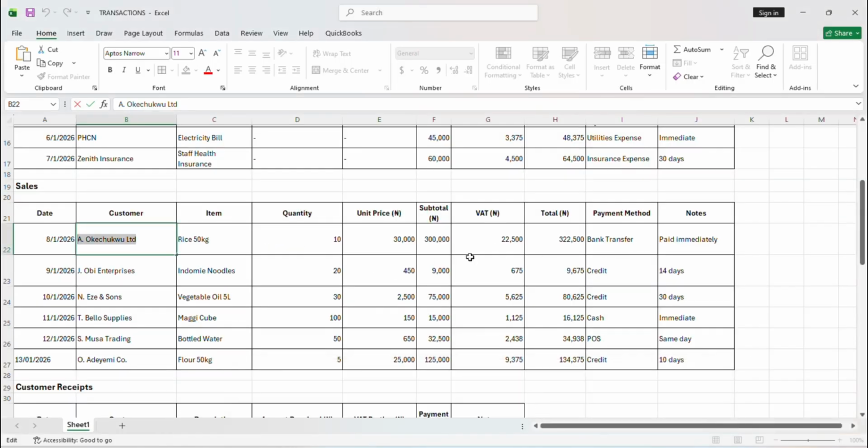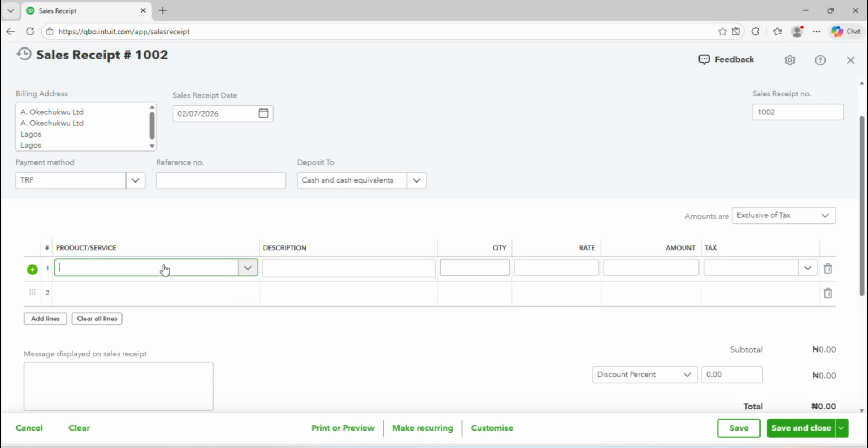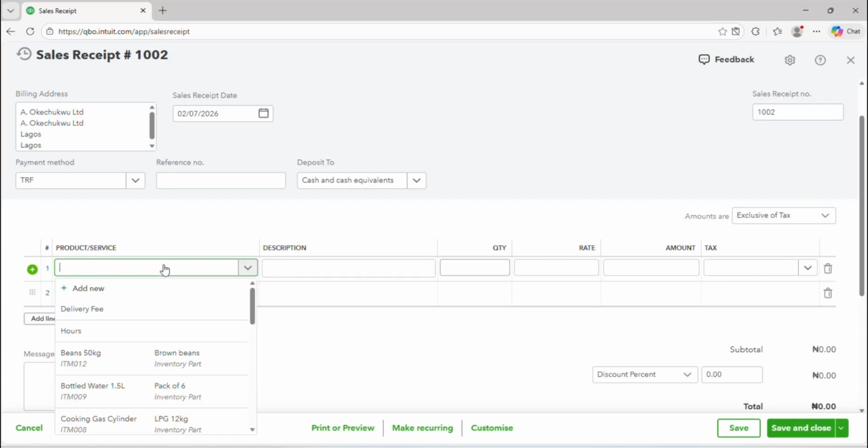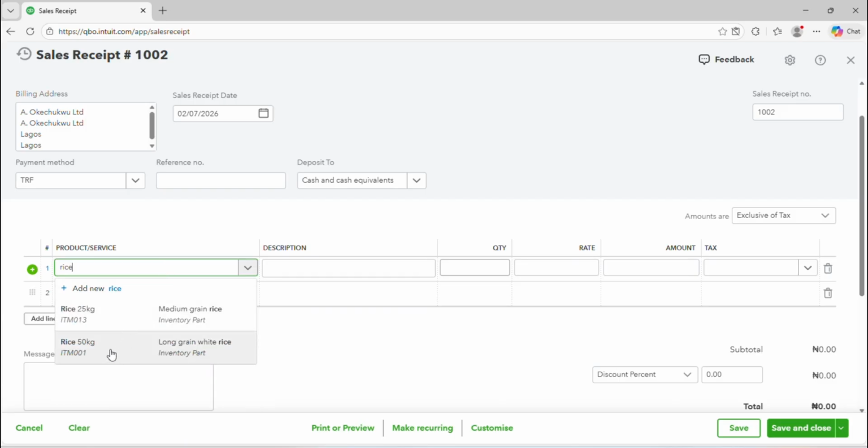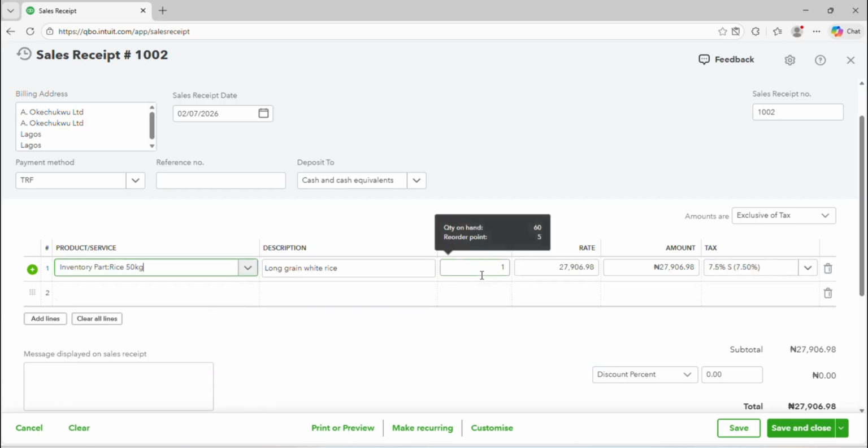We don't have any reference number here, and what we sold is 10 bags of 50 kg of rice at 30,000 naira, right? VAT exclusive at 30,000, right? So the product we sold him is rice, 50 kg of rice, and it is 10,